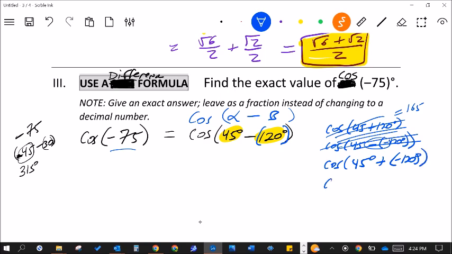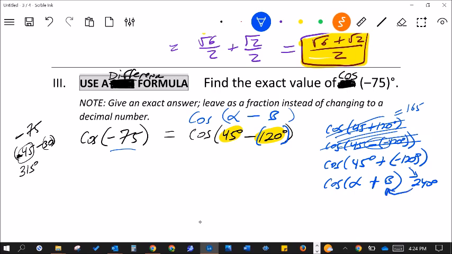So I would use a cosine of alpha minus beta, but I would have to figure out where negative 120 is, and I would actually see that that's 240 degrees. So I would have to use 240 for my beta, because negative 120 and 240 are the same. So I'd have to change that. However, I'm not doing any of those. I chose to do this one. I chose to use a difference formula, and that's why I changed the title of it to use a difference formula. So for the difference formula,